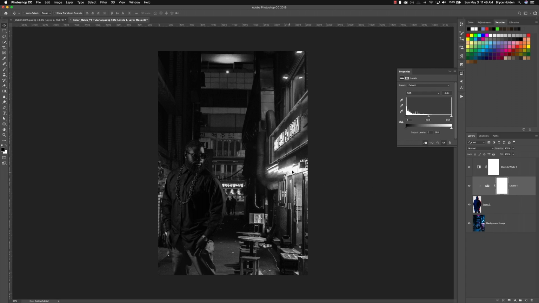Let's start with the highlights. You can see the highlights in the background are super bright, but the highlights that are on my face and like right here are not as bright. So what we're going to do is take our brightness pen and start dragging it over to the left and try to brighten up those highlights just a little bit more, especially because I am standing close to those lights, so those lights are really going to give me a nice pop. Boom. The next thing that I want to do is attack the shadows.